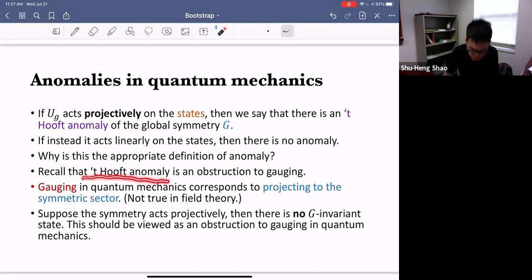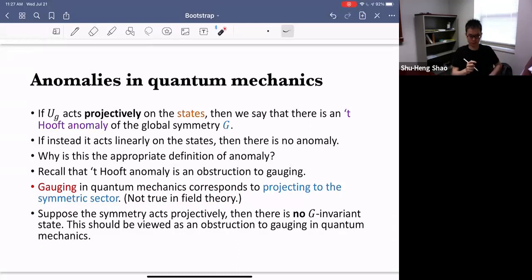Let's recall that the 't Hooft anomaly is defined as an obstruction to gauging. Gauging in quantum mechanics corresponds to simply projecting to the symmetric sector under the global symmetry. Note that this is generally not true in field theory. In field theory, in higher space-time dimension, gauging is more than just projecting to the symmetric sector, but in quantum